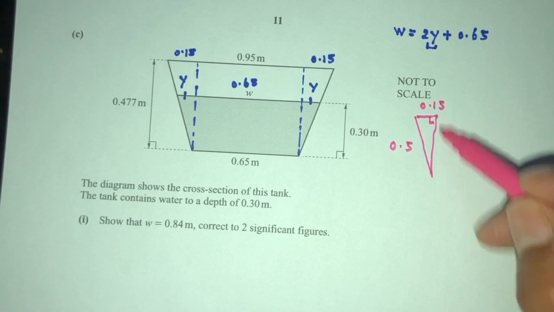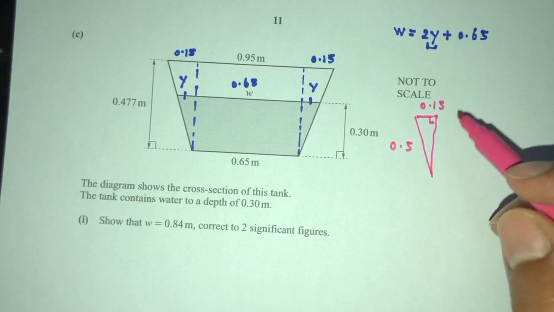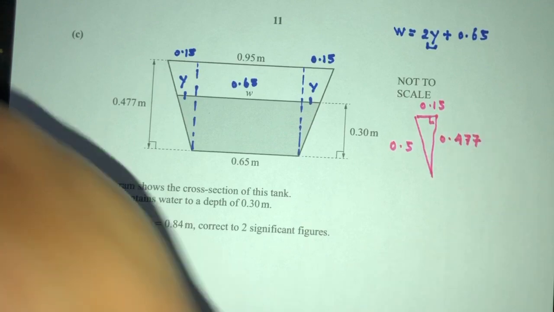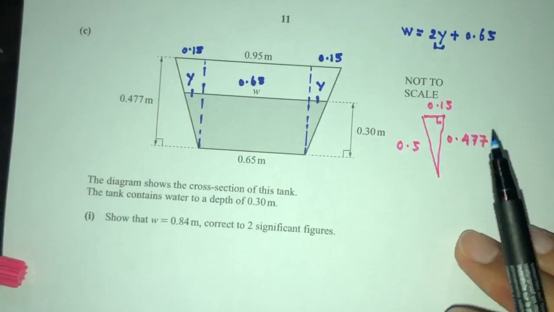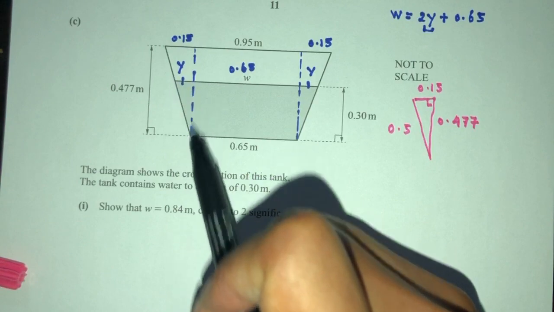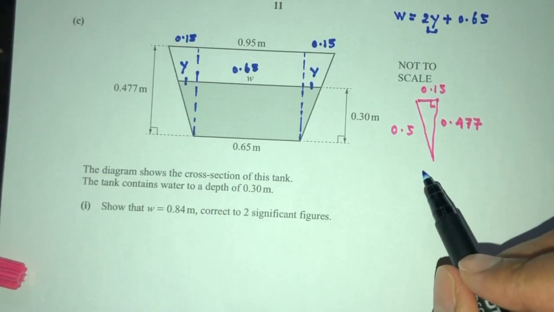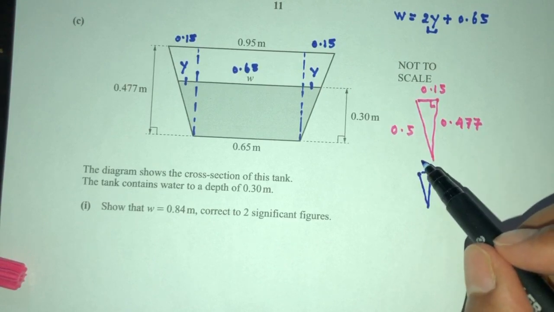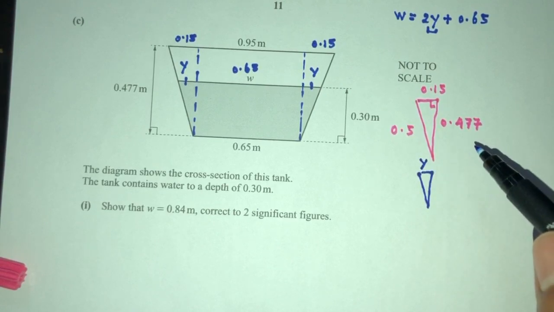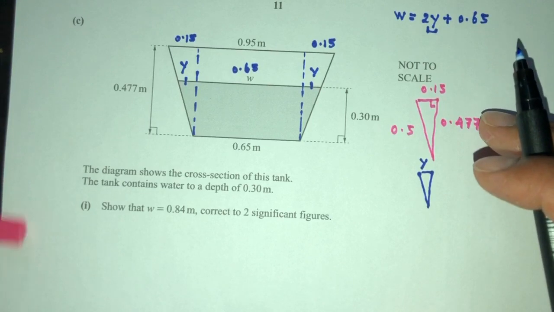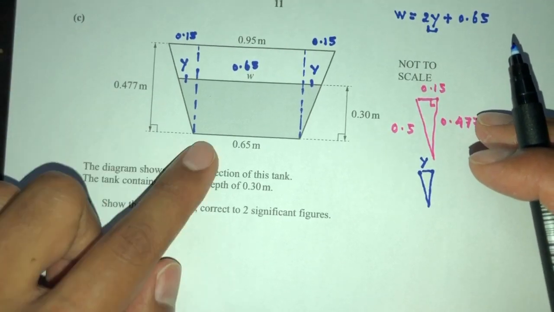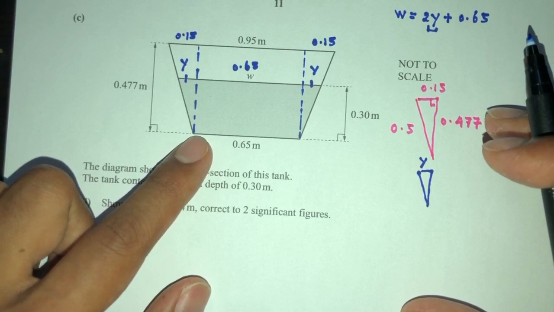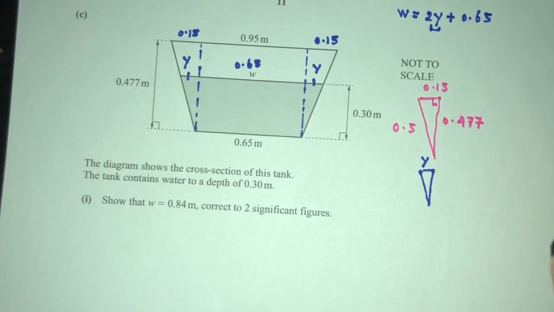And also we know this is the depth you have found in question part A, 0.477. Now, this is the big triangle. Now we have to look at the smaller triangle inside. So this, and this. So we have almost the same thing, something like this, right? And why we don't know? But something we know here is what? We have to use the value of what here to find this. So we have to use one of the known values to find this value, as you can see back in this one,